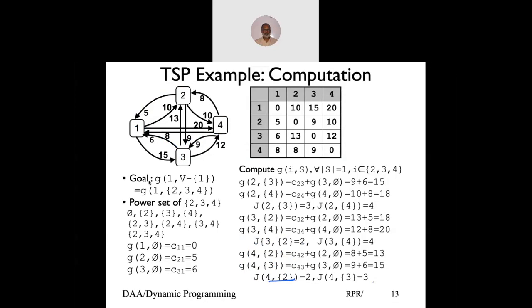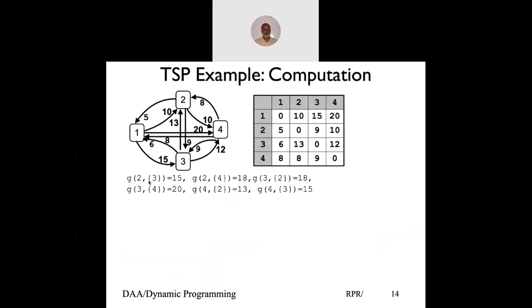So we have computed this; it has given me values for set size 0. Now I've got all the values for set size 1. Look, these all are set size 1. Even though I have only 3 sets of set size 1, I had to do almost 6 computations. So set size 1 doesn't mean I do only that many computations. We will look at this in time complexity. Now we compute the same value for set size of 2. So this we already computed.